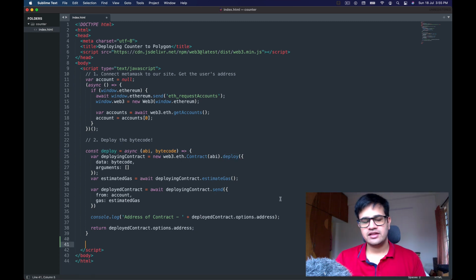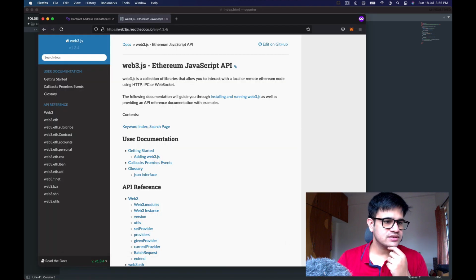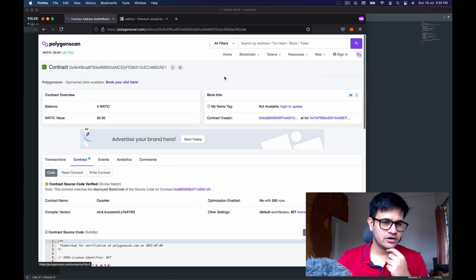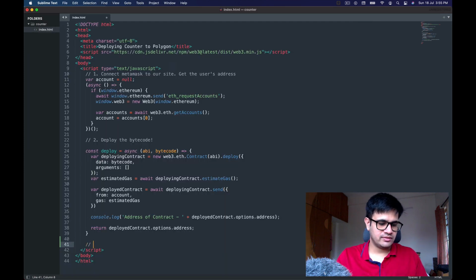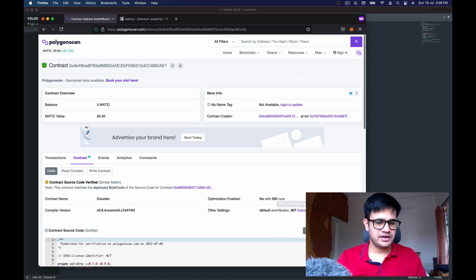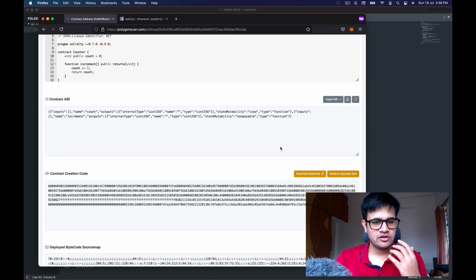To interact with a contract, you will need a couple of things. One is the address of the contract, which I have over here, so the address of the deployed contract will be this, and I will need the ABI. The full form of ABI is application binary interface.